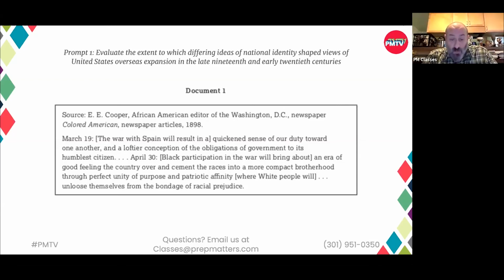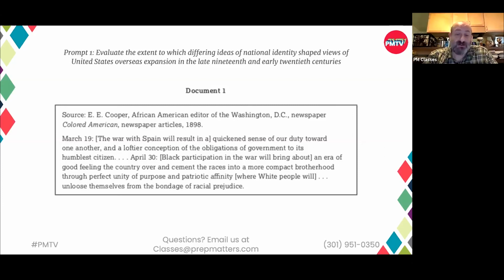Here, document 1, we have the editor of an African-American newspaper in DC talking about the idea that Black participation in the war will eventually help tear down racial prejudice, effectively tying Black participation in the war to